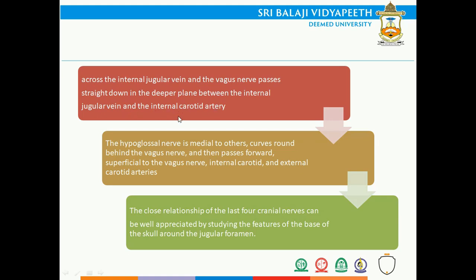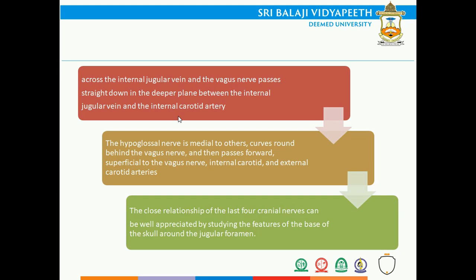So when it leaves the cranium, it comes along with the internal jugular vein and the internal carotid artery. Then the hypoglossal nerve is seen medial to all the other structures, like the internal jugular vein and the internal carotid artery. Then it curves around the vagus nerve, which is also coming along with the other structures, then passes forward superficial to the vagus nerve and the internal and external carotid arteries, then in close relationship with the last